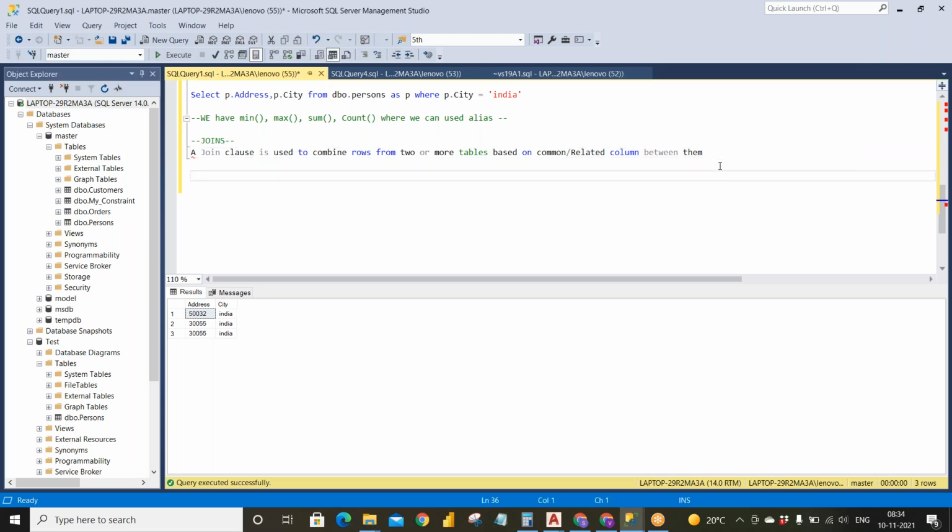Okay. So select star from customers. Select star from orders. Select star from persons.